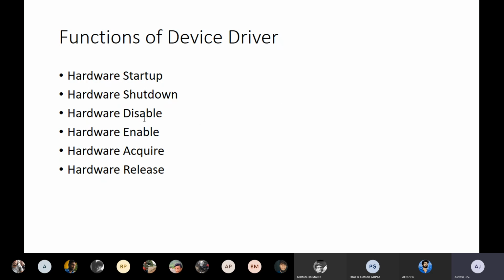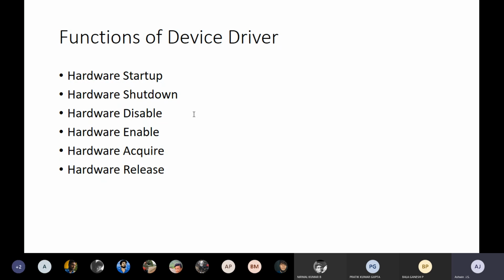The third function is hardware disable, which is used to disable the hardware while running the OS, on the fly. For example, with the network adapter, how many of you have disabled the network adapter? You can go to the properties of internet and sharing, go to the adapter settings, and disable it.